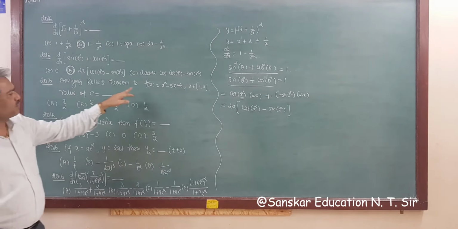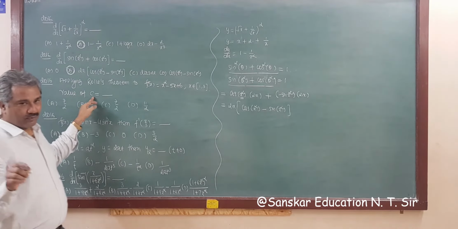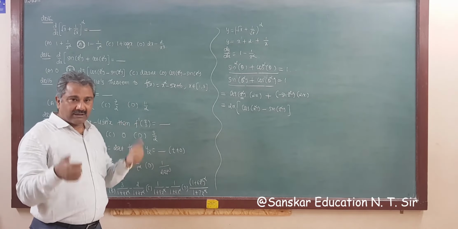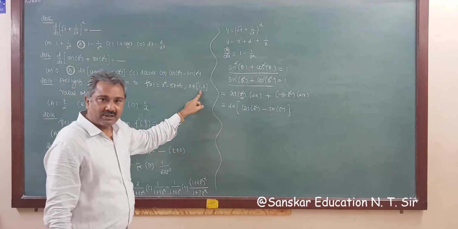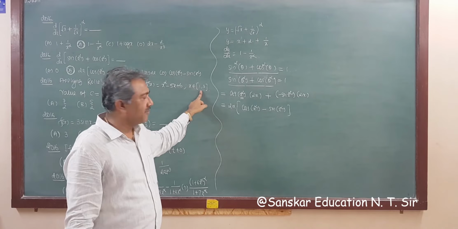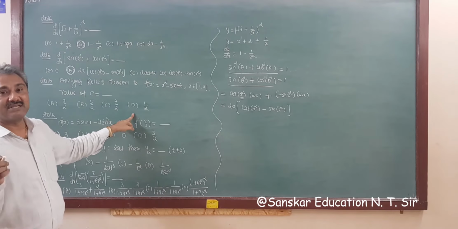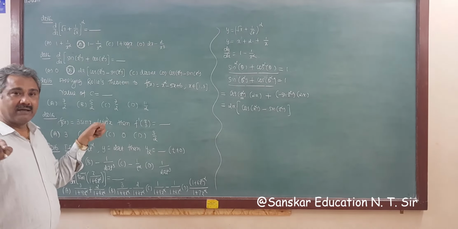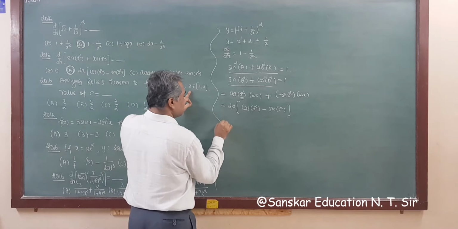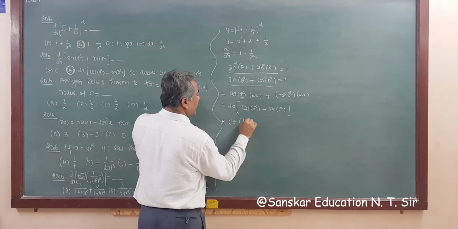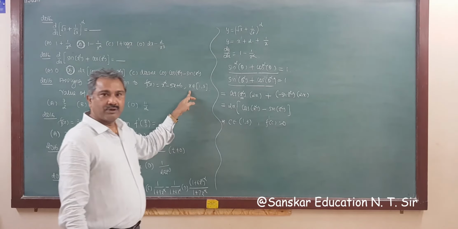Now applying Rolle's theorem to f(x) is equal to x square minus 5x plus 6, x belongs to 1, 3. The value of c. Now you know, no need to verify all conditions of Rolle's theorem, all 3 conditions. That is, f is continuous in closed interval 1, 3, differentiable in open interval 1, 3, and f1 is equal to f3. Then Rolle's theorem is applicable, because there is no option that Rolle's theorem is not applicable. So you have to start directly. That is, find f dash c is equal to 0. That is, there exists c belongs to open interval 1, 3 such that f dash c is equal to 0.